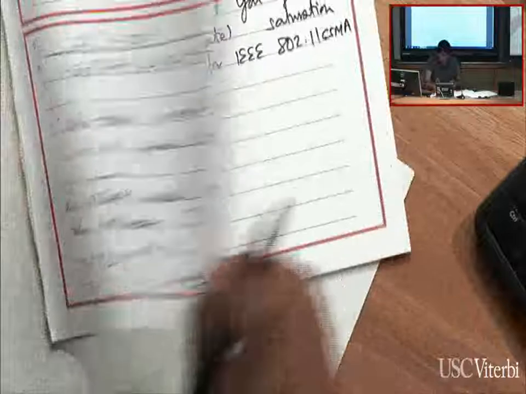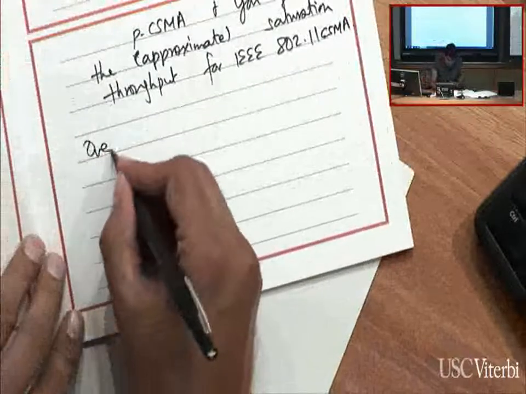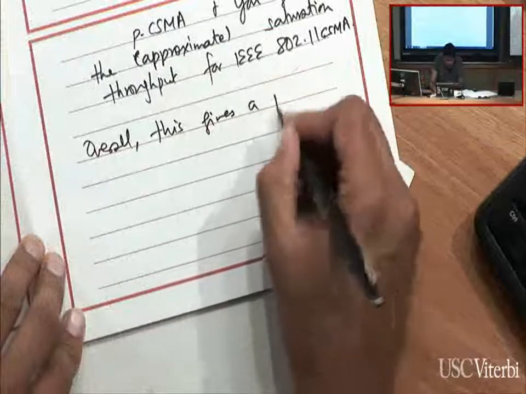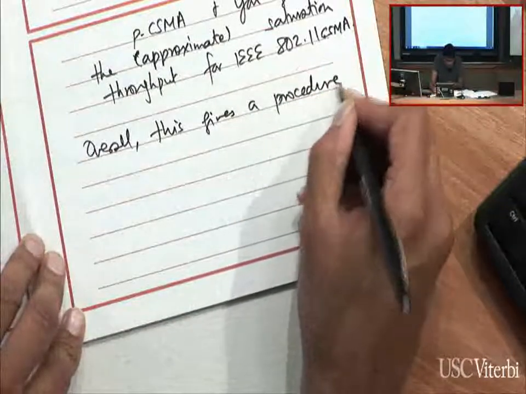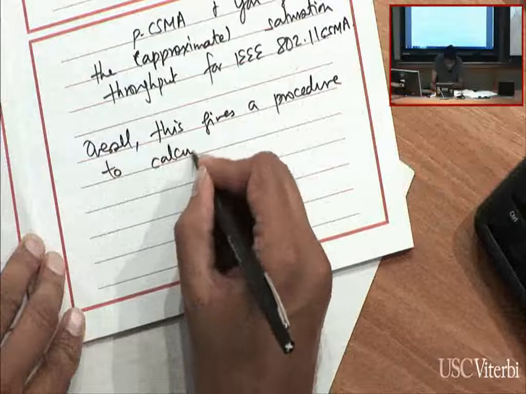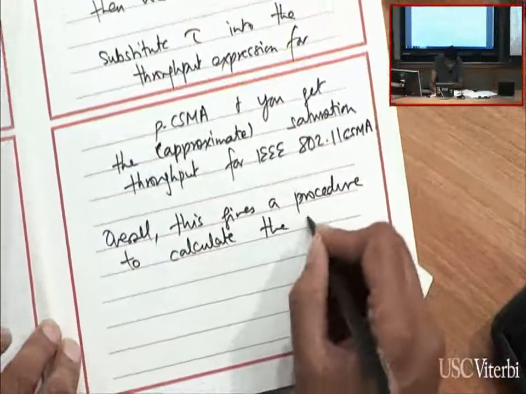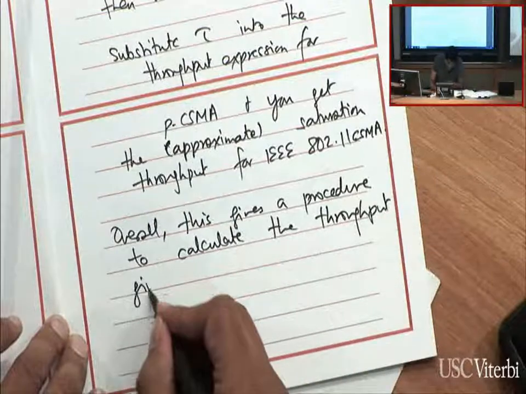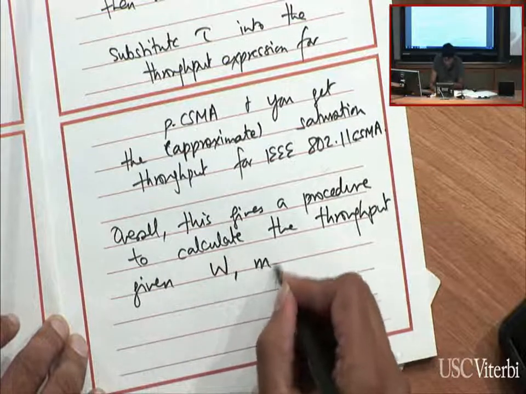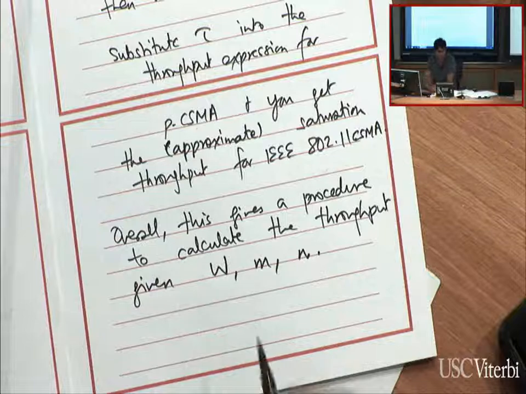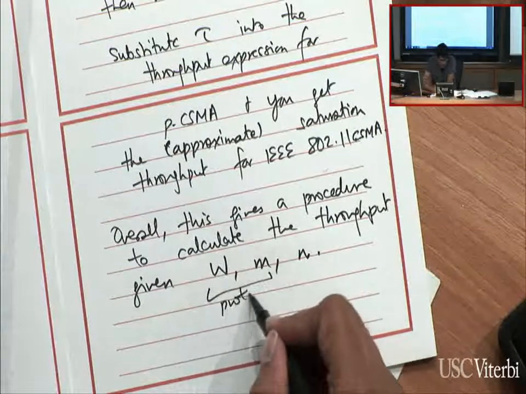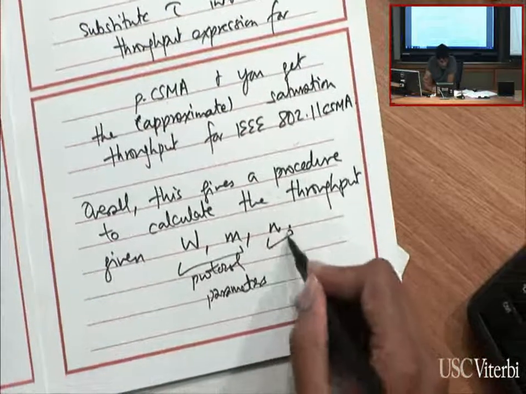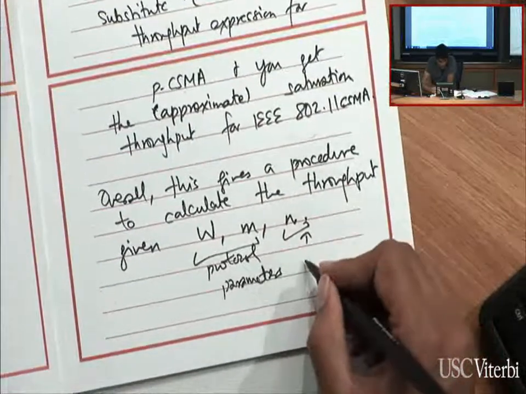So overall, this gives a procedure to calculate the throughput given w, m, and n. Okay. So these two are protocol parameters. This is, if you will, the number of